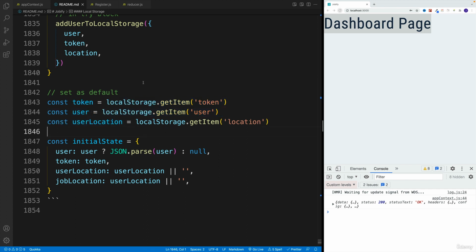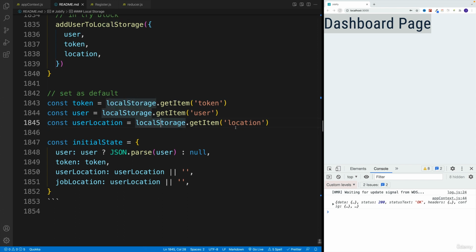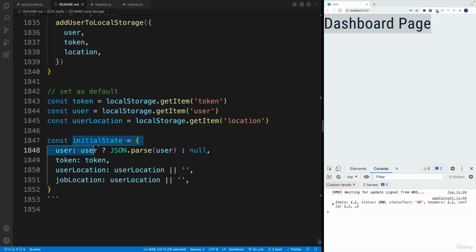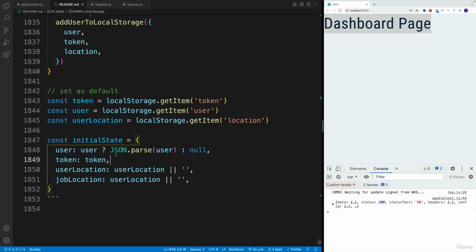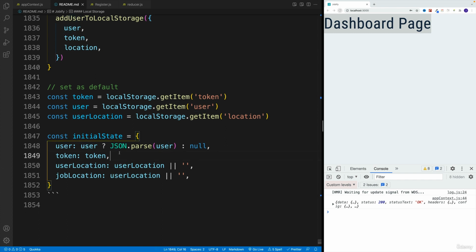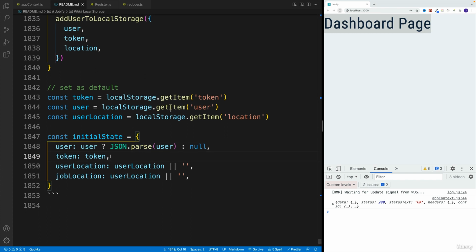And then at the very, very end, we also want to pull them out at the initial setup. So once we start up the application, once we refresh the page, I want to go to local storage and look for all of these three things in the initial state. Now I'll check for user, and if the user exists over here, then I'll have to parse it, because remember, we store it as a string, but we want to use it as an object. If it doesn't exist, we go with null, and here token is equal to token, and then userLocation or